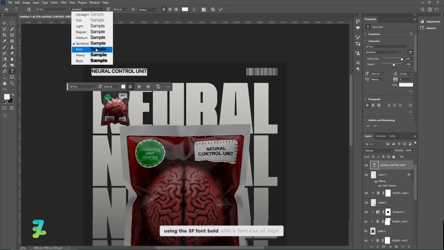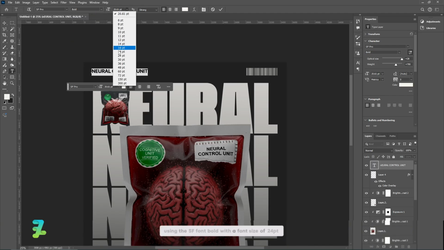Using the SF font, bold, with a font size of 24 pt.